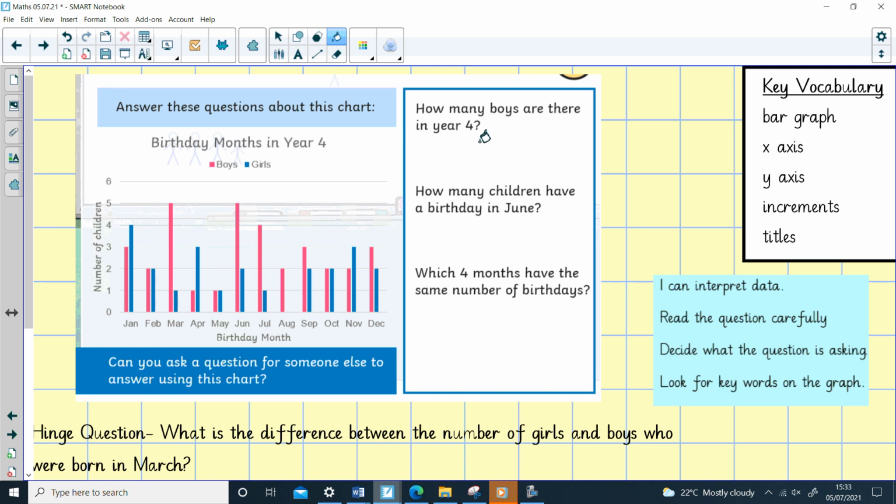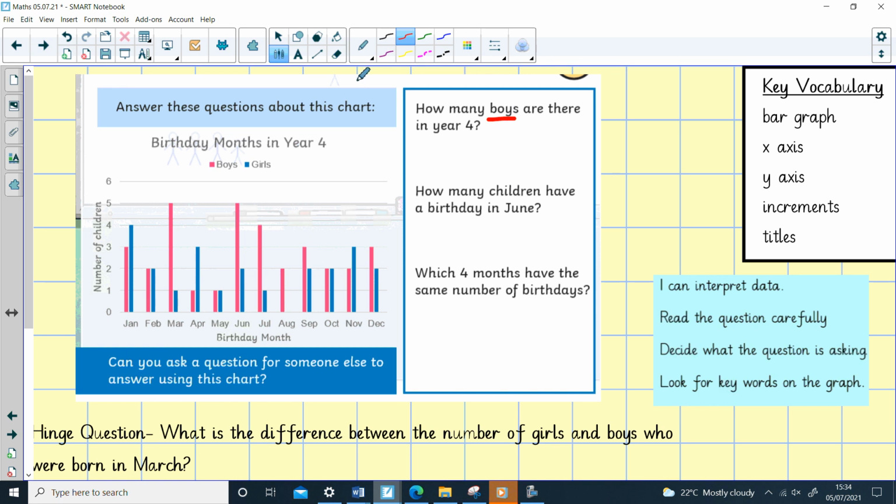So the first question that we're going to look at is how many boys are there in year 4? Now we've got to look at our keys to success. We need to read that question carefully. How many boys are in year 4? So the boys part there is really, really important. It doesn't matter if it was year 3 or year 6 or year 12, it doesn't matter. We are just talking about the boys